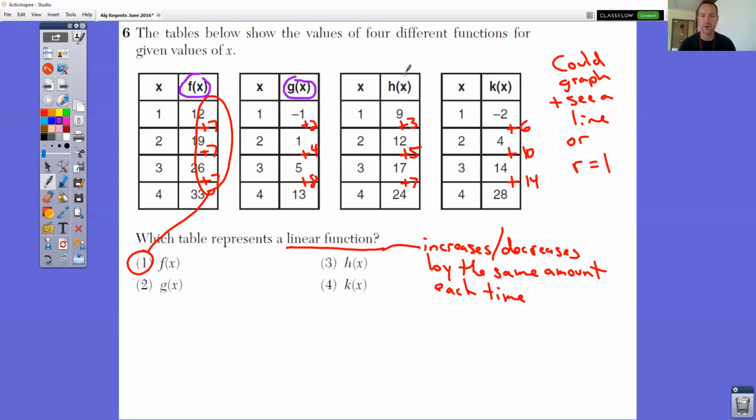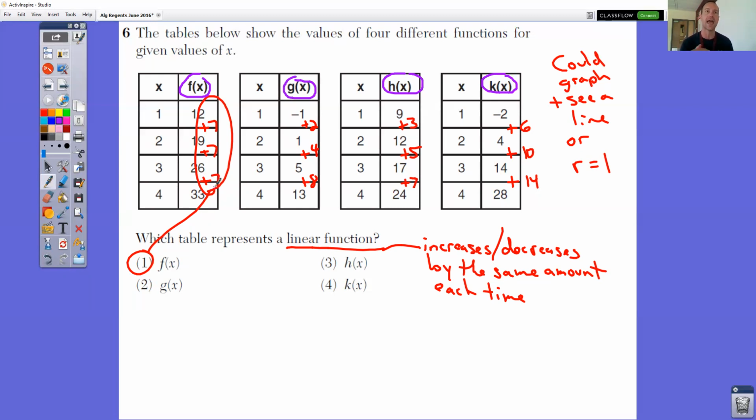They sort of do this multiple choice question a little bit differently than normal. You could, if you wanted to, graph those points by doing a stat plot and see where they end up and see if they form a line. But the easier way to do this is just check how they change from y value to y value. Notice here in this correct answer, which is the first one, we're adding 7